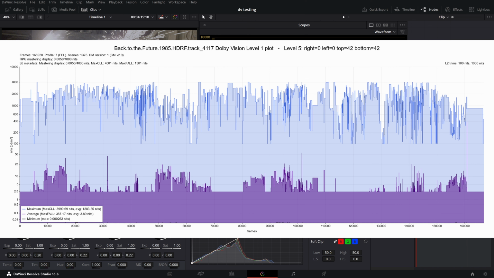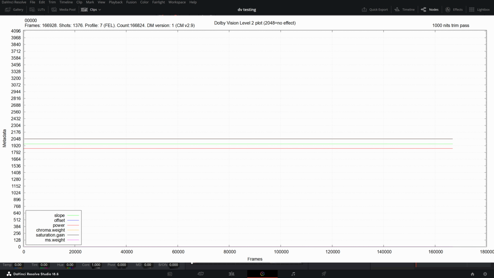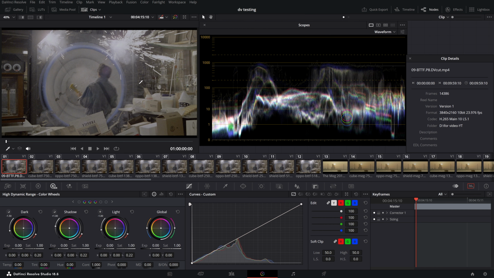This is quite a bright mastering. You can see that L1 changes for each scene, but L2 parameters are prescribed for trim under 1,000 nit, and only for brightness reduction. And now the most interesting, this is a frame from the movie file itself. Pay attention to the maximum brightness, it is equal to about 1000 nit, and all because the HDR layer of this movie is made under 1000 nit, although MDL is specified as 4000.